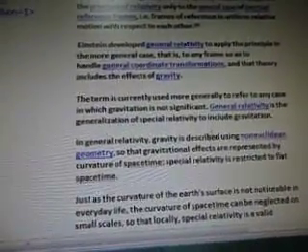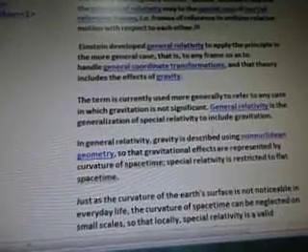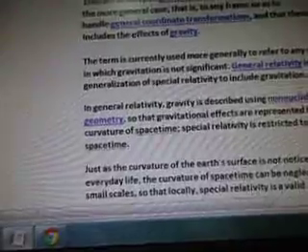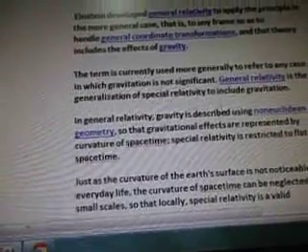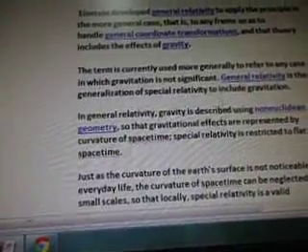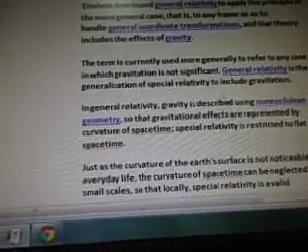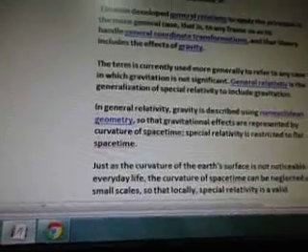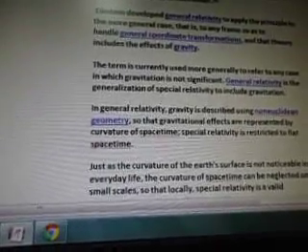In general relativity, gravity is described using non-Euclidean geometry so that gravitational effects are represented by curvature of spacetime. Special relativity is restricted to flat spacetime. The reason I'm talking about this now is because of these asteroids and comets and stuff that fall by the Earth,